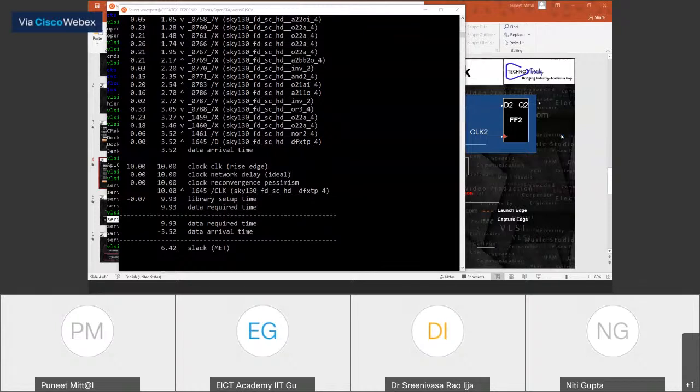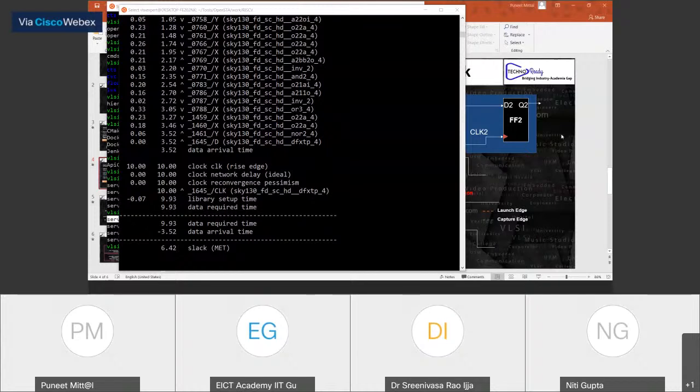Setup is basically that you want to reach early. So your requirement is that you should reach by 9. If you're reaching before 9, then it is good. So the arrival time is whatever the actual time you take to reach there, and the requirement is 9. That's the reason that in setup it is required minus arrival, because if it is positive, there is no violation.